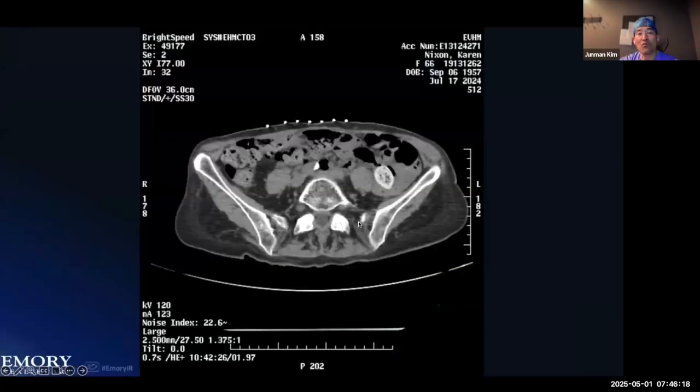Sometimes fluoroscopy was not available on this day, so I decided to do it under a CT scan. So this is some